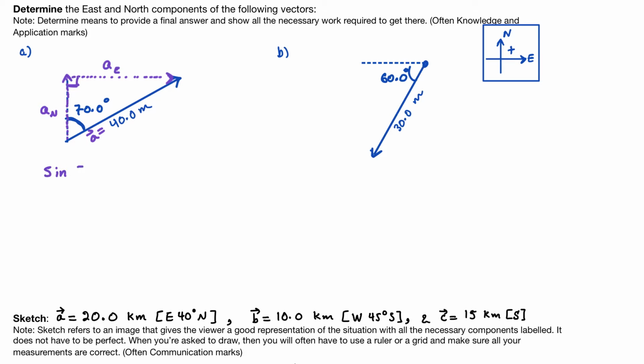So sine of my angle 70 degrees is going to equal the opposite. In this case, the opposite is the east component. So that's AE, and I'm going to divide that by the hypotenuse, and in this case, the hypotenuse is 40. So now I can multiply both sides by 40, and I will get 40 times sine 70 degrees. And assuming that our calculator is in the right mode, we should get that this component is equal to